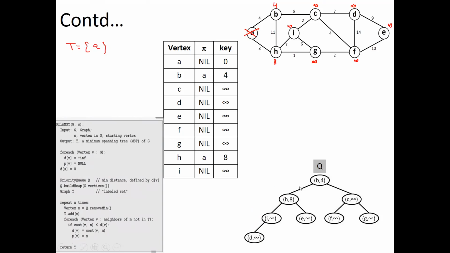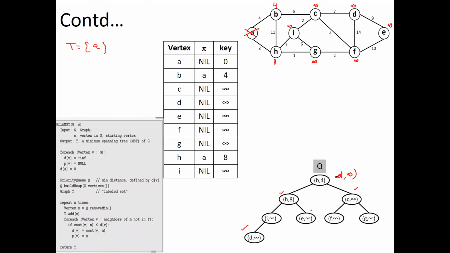Now B will be at the top of the queue. The next step is removal of the minimum priority queue element. So the element with the minimum key value from the priority queue implementation using heap, that is B, is being removed. Once B is removed from the priority queue, it will be replaced by the minimum of these two. H will come at the upper end when this is removed, and to settle H, the D entry will come out here,